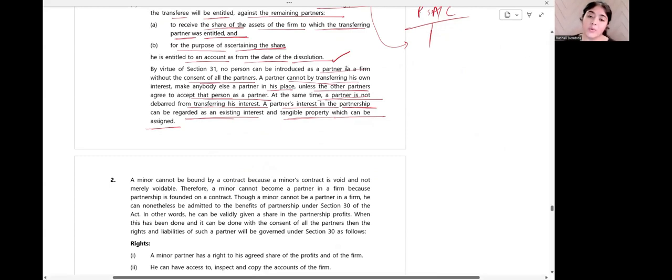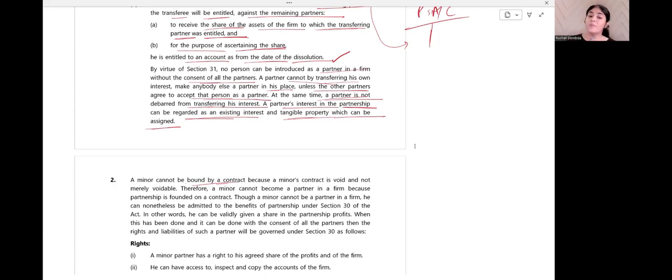Yes, ma'am. Okay, good. A minor cannot be bound by a contract. First thing when you write, partnership is what? It is a contract. So when we are presenting our answers, other students will also write that a minor cannot be taken as a partner. But what is the first basic idea which we need to remember? A minor cannot be a party to a contract, right?